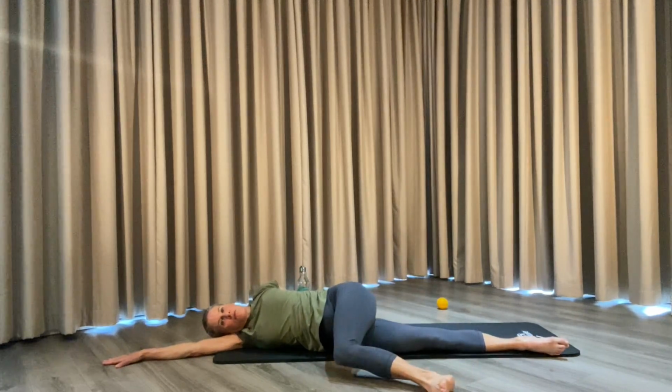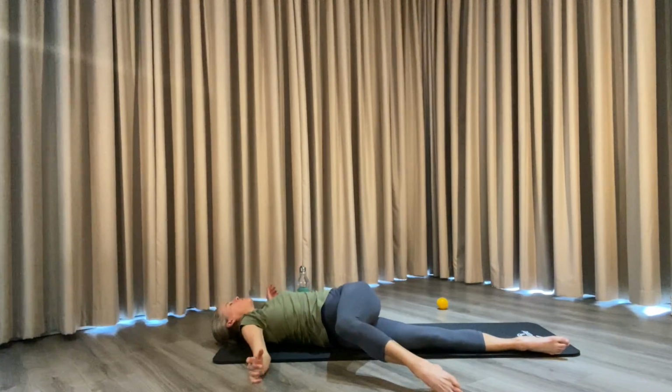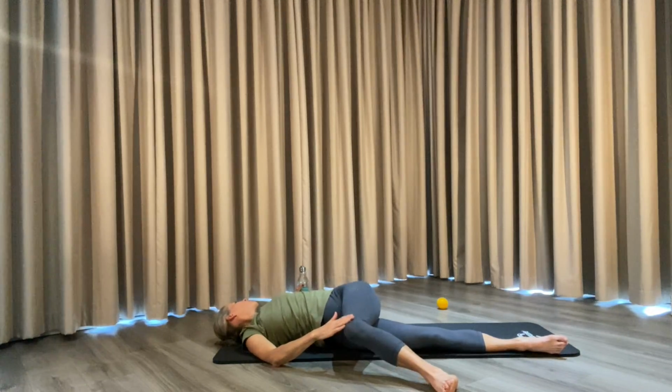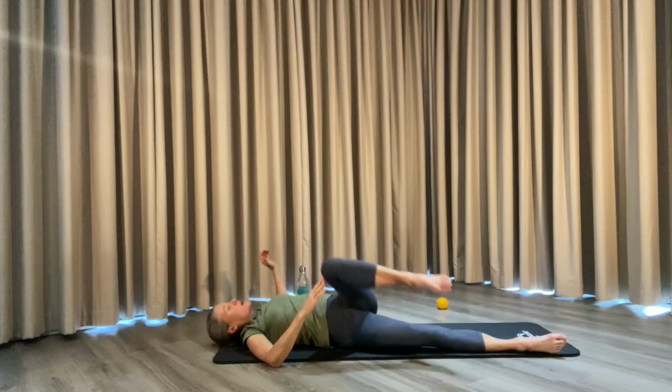Bring that foot in front. Open up the shoulders and open up across the chest to shoulder height and bounce that knee down. Look away from the direction the knee is going and feel that stretch into that lower back. Bounce that knee up and down for four, three, two, and one. Good. Knee into the